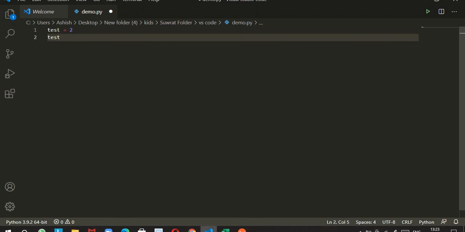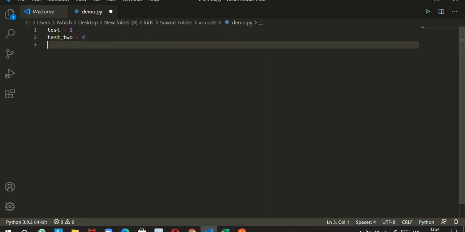Sometimes it does not show the output. So after this you will have to put test underscore, or you can just say line 2. Maybe you should not do that. Now 2 equals 4. Let's enter that, and now we will